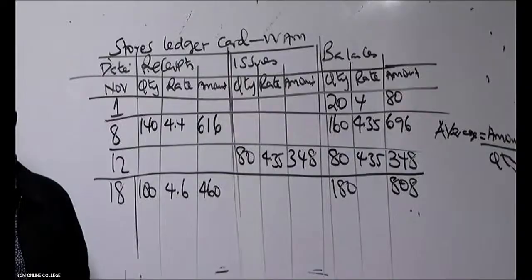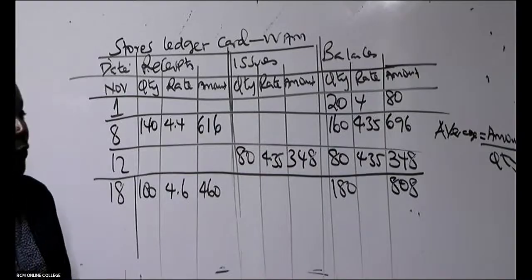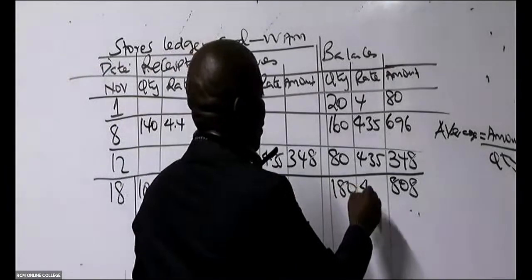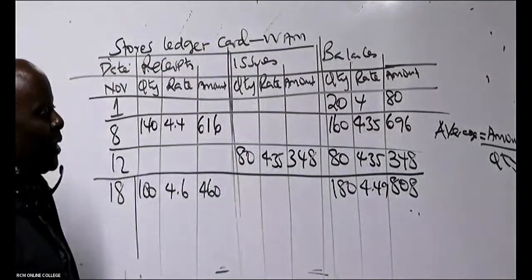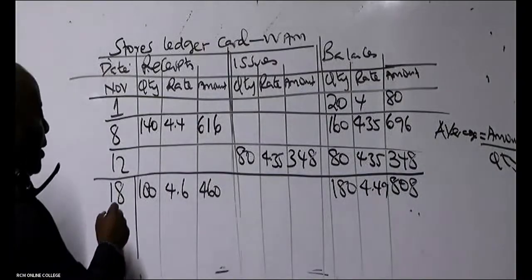We divide that to get the rate, to get the weighted average. Yeah. So 808 divided by 180. 4.49. Thank you so much. Also, the online ninjas are really fighting there. So let's go to the next date. The next date,